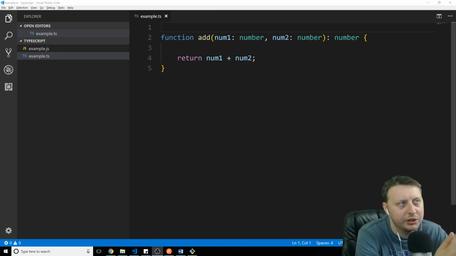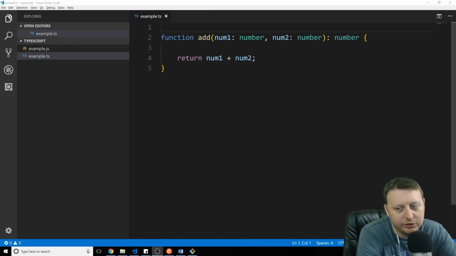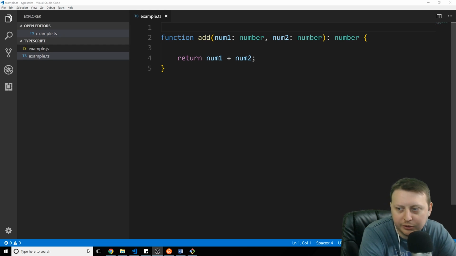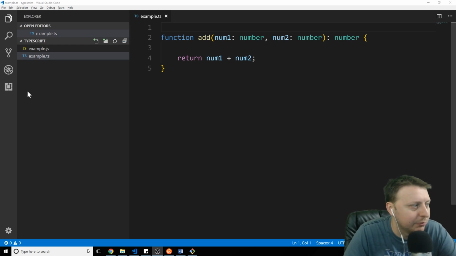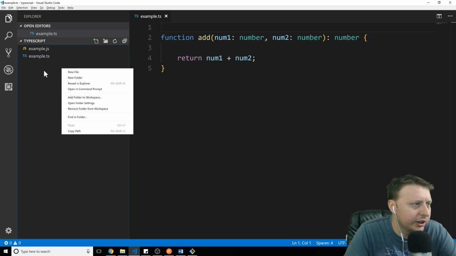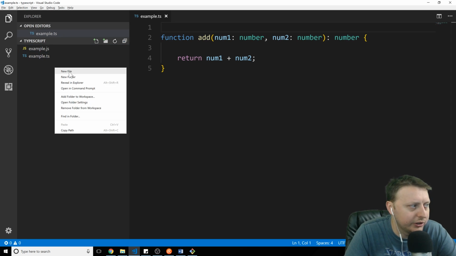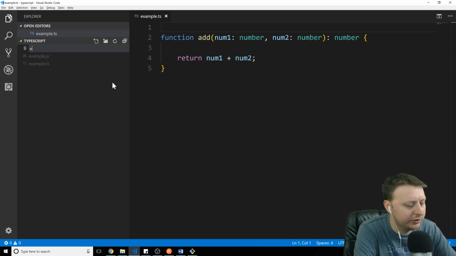So enums are something that's new to JavaScript, where let's say we wanted to store a set of data that reference something, and we wanted it to be the same throughout the application. One way that we might be able to do that is with a number or a string enum. We're going to go ahead and create a new file here, and we're just going to call this example.enum.ts,